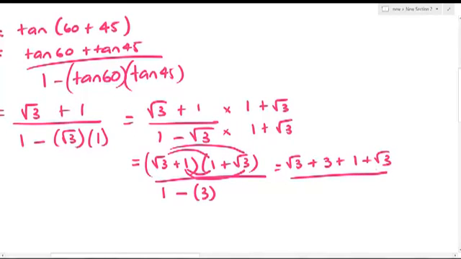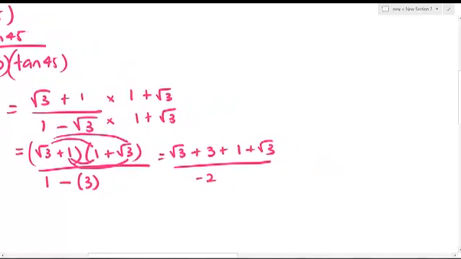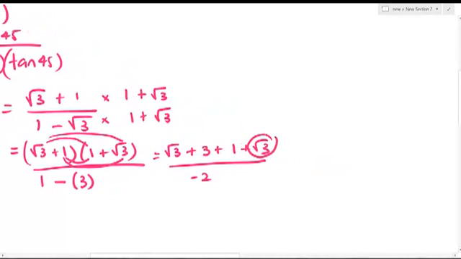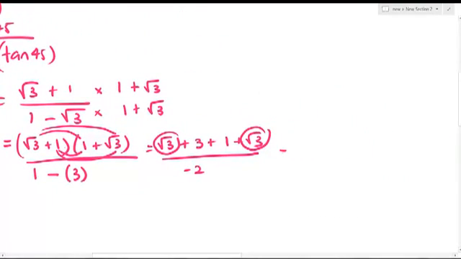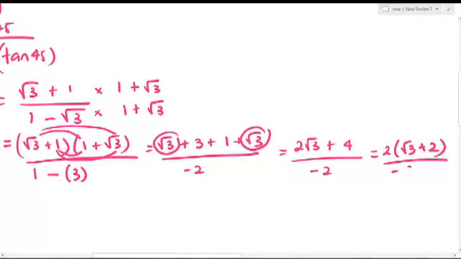all over 1 minus 3, which is minus 2. So scrolling over again, collecting like terms, we get 2 root 3 plus 4 all over negative 2. We'll simplify the top bit as 2 brackets root 3 plus 2 all over negative 2. And if I divide both sides by 2 to simplify it, I should get 1 brackets root 3 plus 2